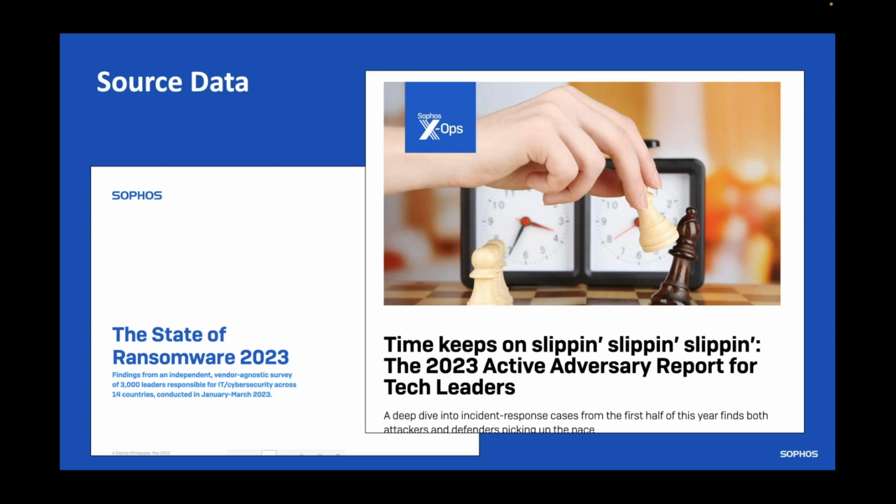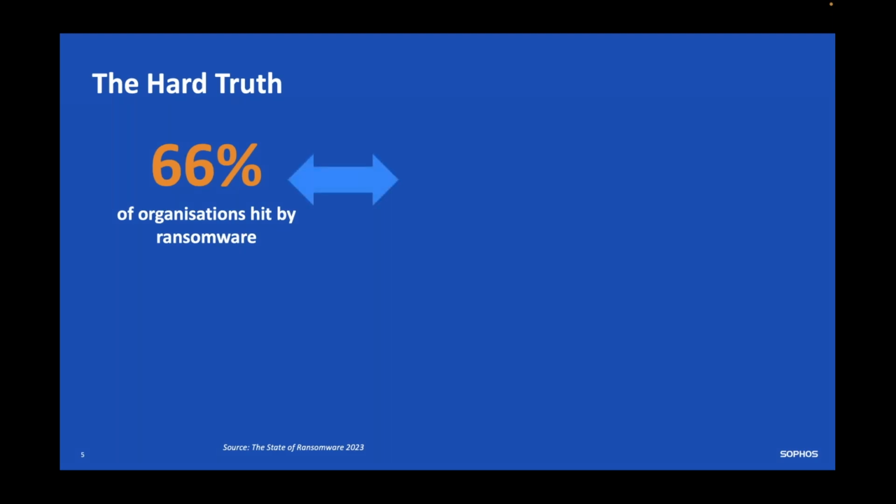So just bear in mind when we look at those two sets of data, one is a survey, one is very much hands-on empirical evidence of situations that we've been involved in one way, shape or form. So we'll start out with the State of Ransomware report, and I'm just going to give you a little bit of background on really the sorry state of cybersecurity. First and foremost, the highlight from that report is that of those 3,000 respondents, 66% of those organizations experienced at least one ransomware outbreak in the 12 months running up to the survey, which, whilst it sounds like a troubling statistic, is actually exactly the same level as it was last year. So this tells us that ransomware is and continues to be a major challenge for organizations all across the world.